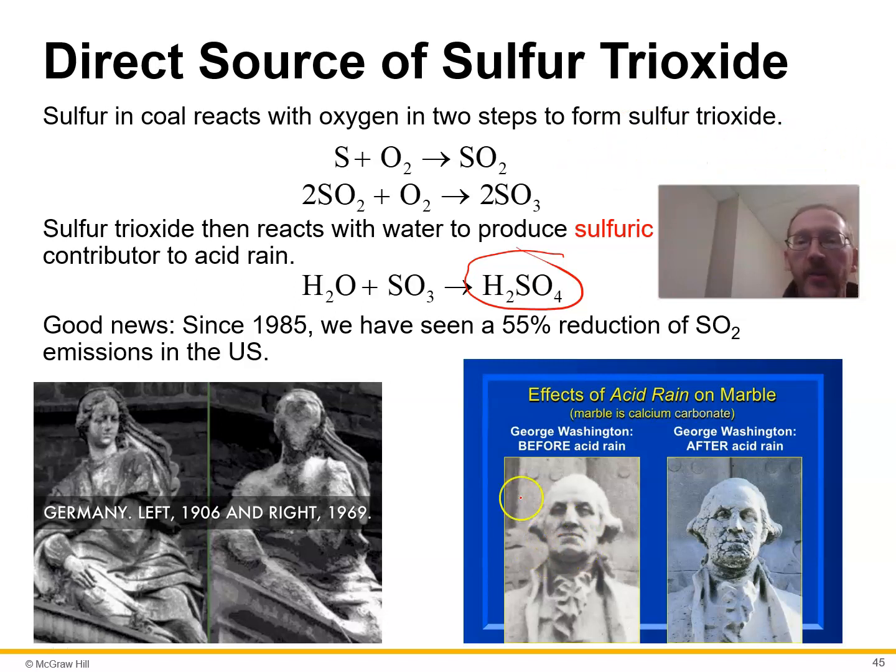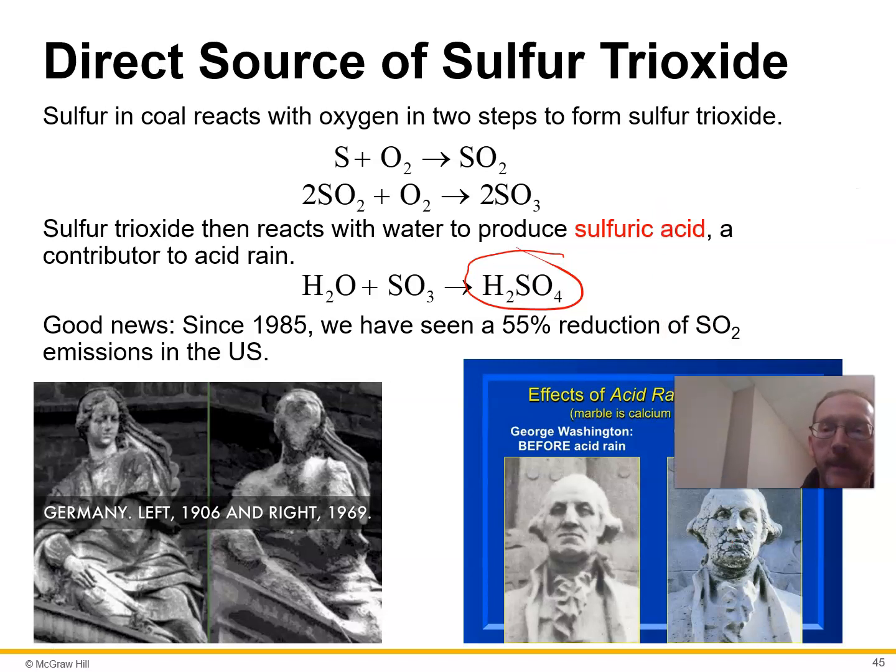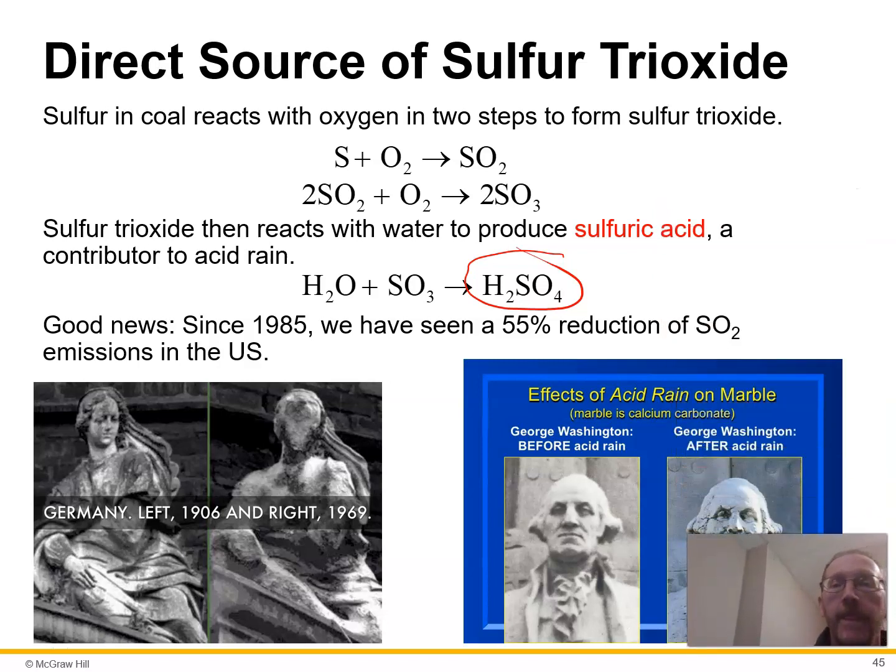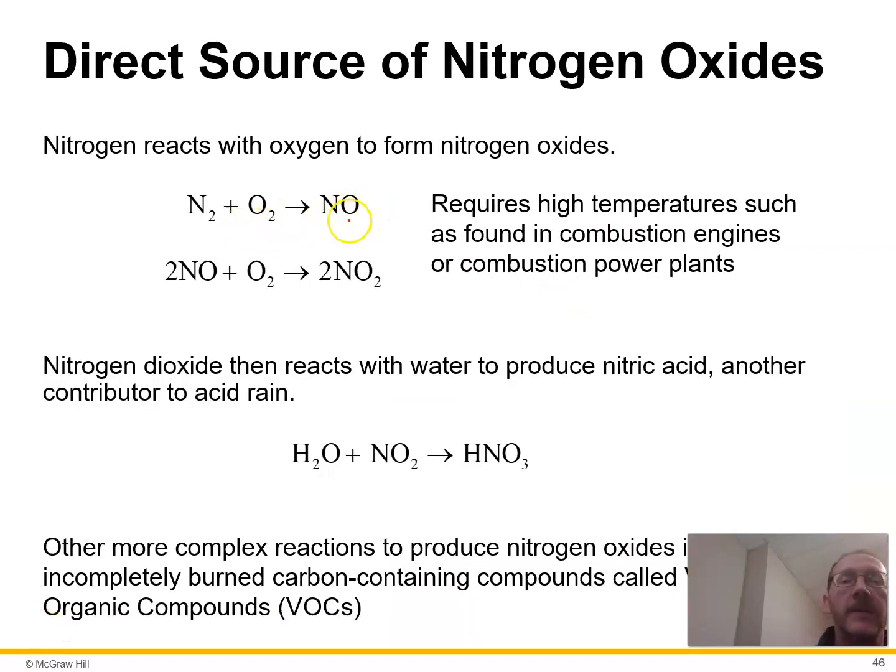And you can see George Washington's statue in marble before acid rain, and George Washington's statue after the acid rain. So you can get nitrogen monoxide, also known as nitric oxide, when you just have nitrogen and oxygen together at really high temperatures. Well, where do you have that? In a vehicle engine, right? Because air is 21% oxygen and 78% nitrogen, and then you shove some gasoline in there and you burn it, it gets really hot, and some of this gets produced.